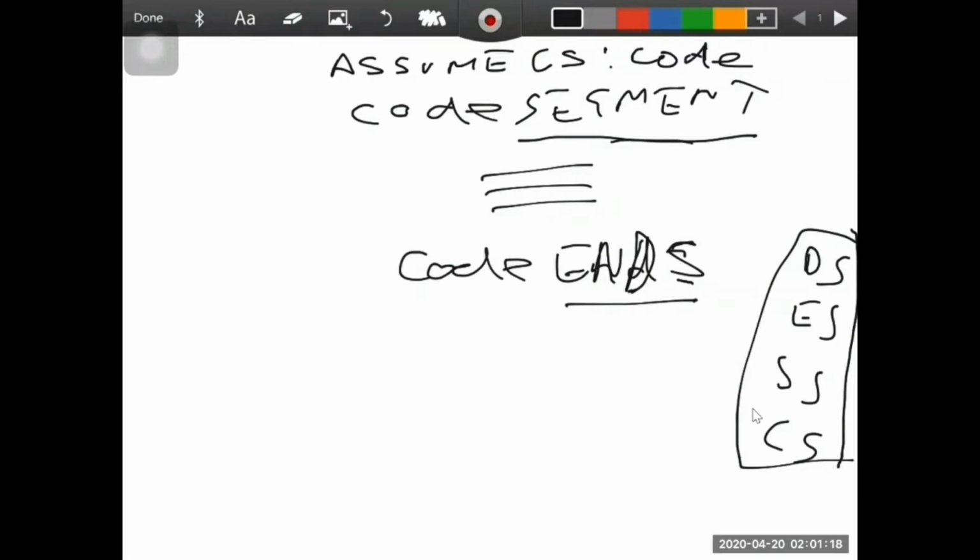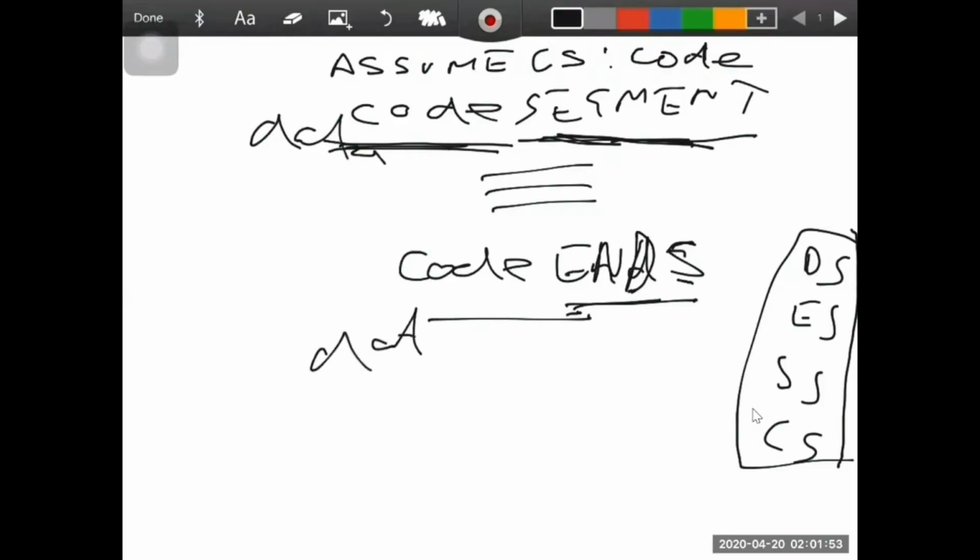This SEGMENT directive is used to indicate the start of a logical segment. Preceding the segment directive is CODE. That is the name you want to give that segment, right? Now what does ENDS do? This is used with the name of the segment to indicate the end of the logical segment. So here we are indicating that the segment which we have started, CODE, we are ending that segment. Clear? Similarly, we can start DATA SEGMENT and DATA ENDS. Clear?